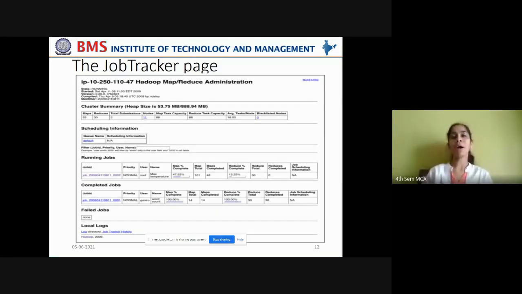Okay, now I'll explain each of these contents so that you will understand how to monitor your MapReduce job. Now see the first line. It explains the state of the job. In this case, the state is still running. The job is still running. And the second line gives you when this job has started. The date and the time will be given when this job has started its execution.